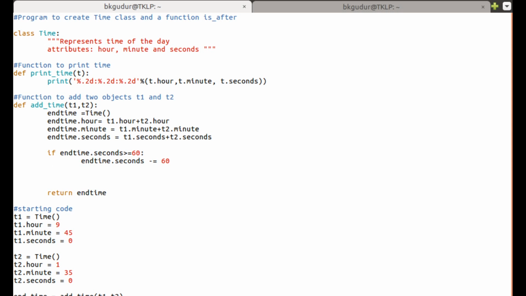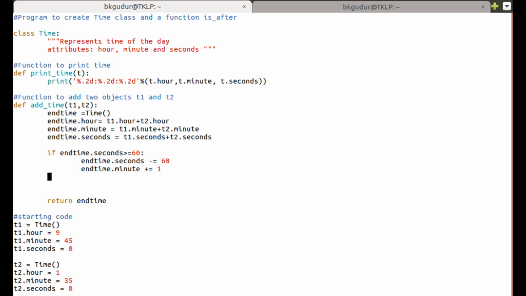From this, we'll add end time dot minute plus equal to, we add 1 minute to this.